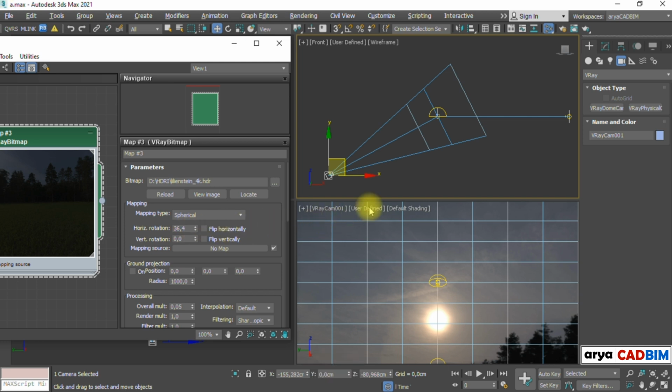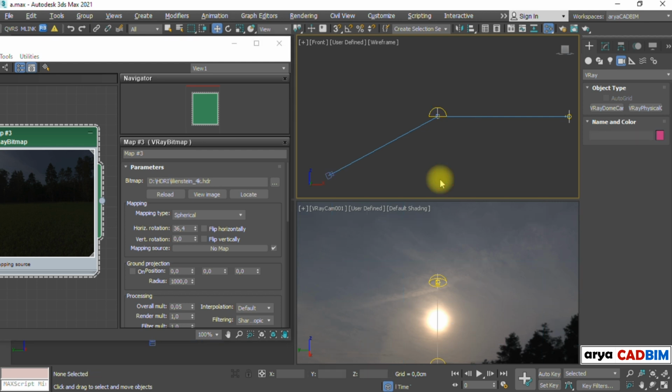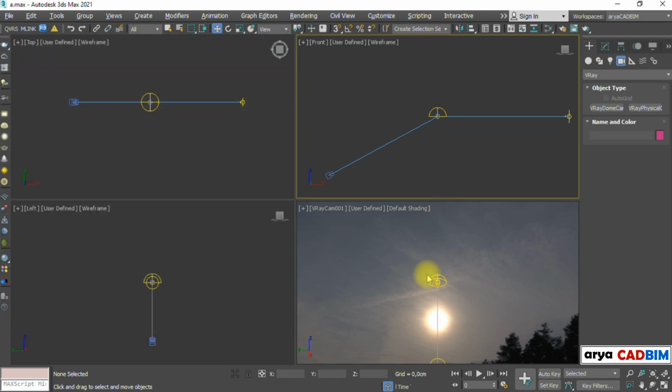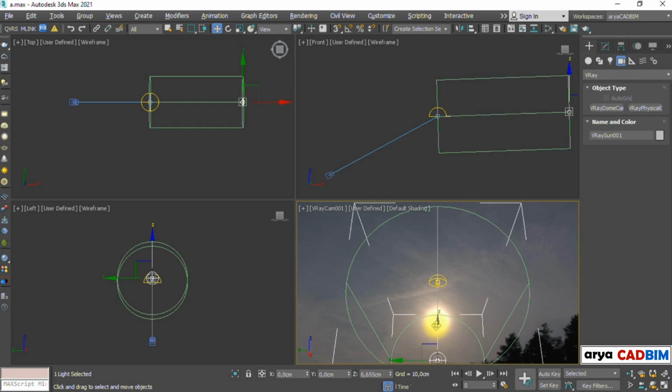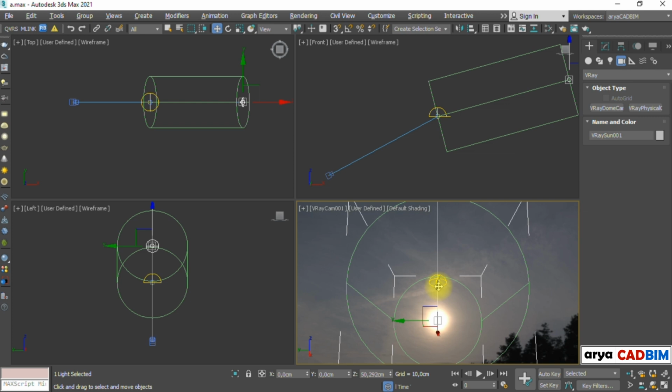Now we aligned the HDRI sun with the objects, over x-axis. Next, we will match the direction of the V-Ray sun with the HDRI sun. To do this, we need to move the V-Ray sun over the HDRI sun in the camera view. Simply move the V-Ray sun upwards.